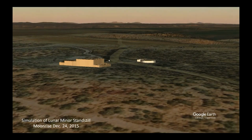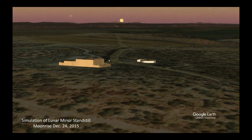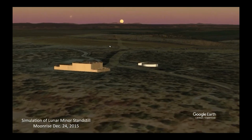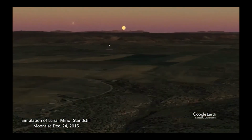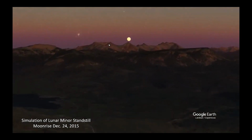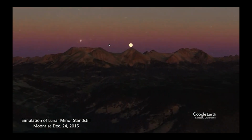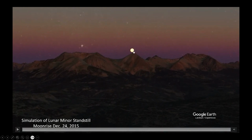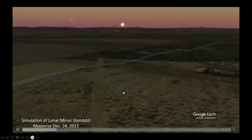So using Google Earth again, we can simulate lunar minor moonset. No, moonrise, not moonset. And there it is. If we go over to where it's at, it's actually setting on a small peak over in the La Platas. Not a small peak, a large peak. So it's rising right as it would get up, it would sit right on top of that peak. So